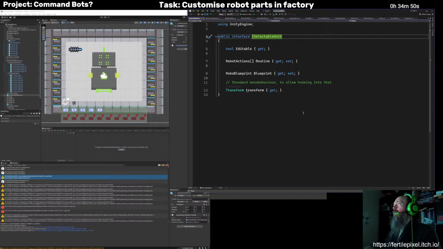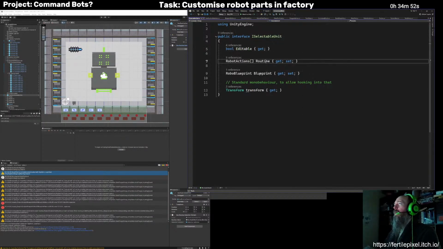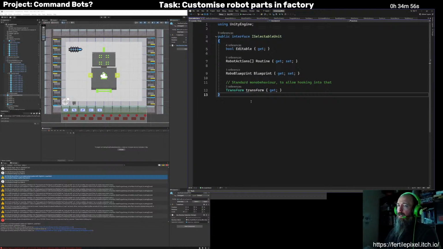All right, cool. So they can be editable, they can have a routine, they can have a blueprint. And that might be null, which is fine. Cool. So now a robot is broken because it does not have a robo blueprint.